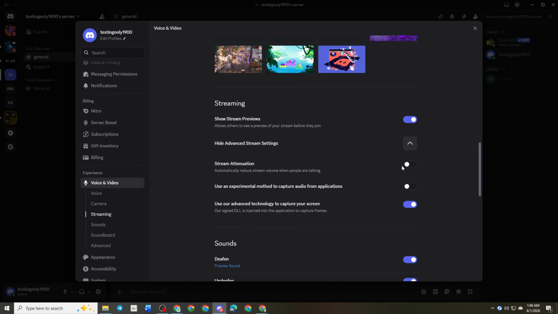the smoothest streaming experience. After changing the stream attenuation setting, start another screen share or live stream and check whether the issue has improved. Give the stream a few minutes to run so you can accurately judge whether the pausing